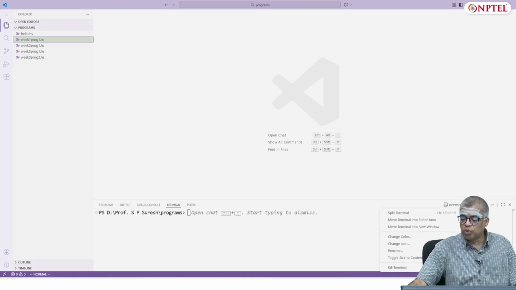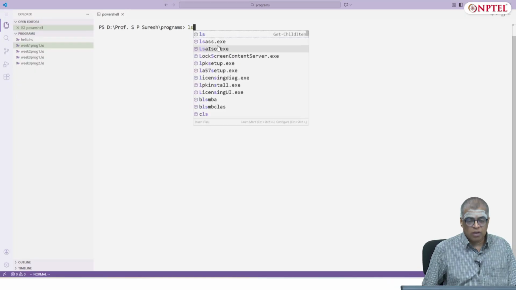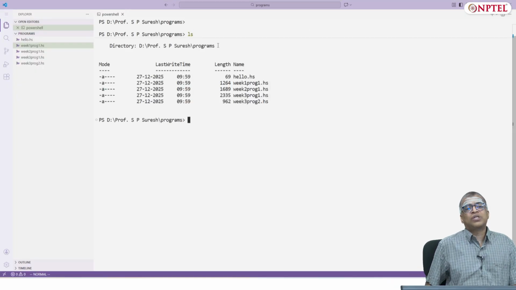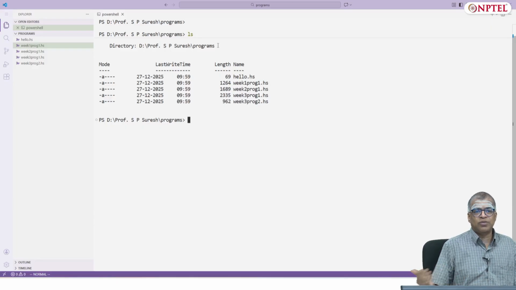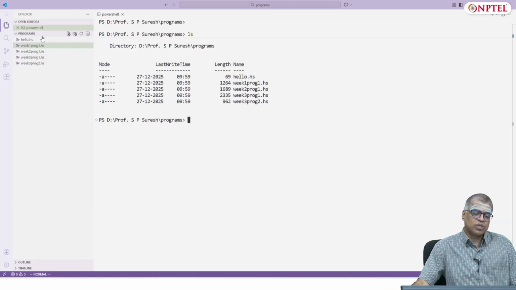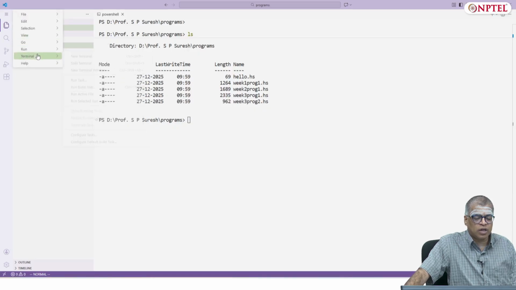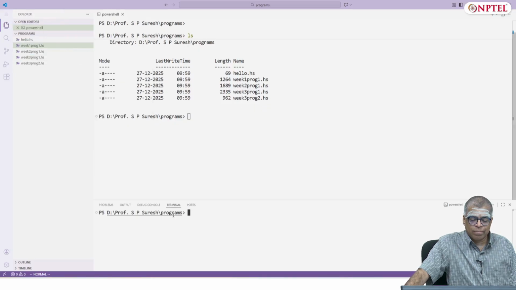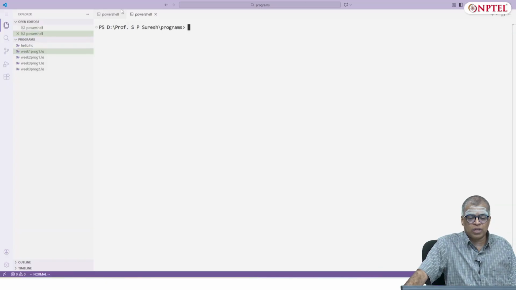It is useful to move the terminal into the editor area, so you have a large terminal. So rather than using the PowerShell or whatever the terminal program, you can start a terminal inside Visual Studio Code itself. So this is the standard mode in which I will be operating with Haskell. Let me open another terminal just in case. So I have two terminals both in the editor area. So let that be there.